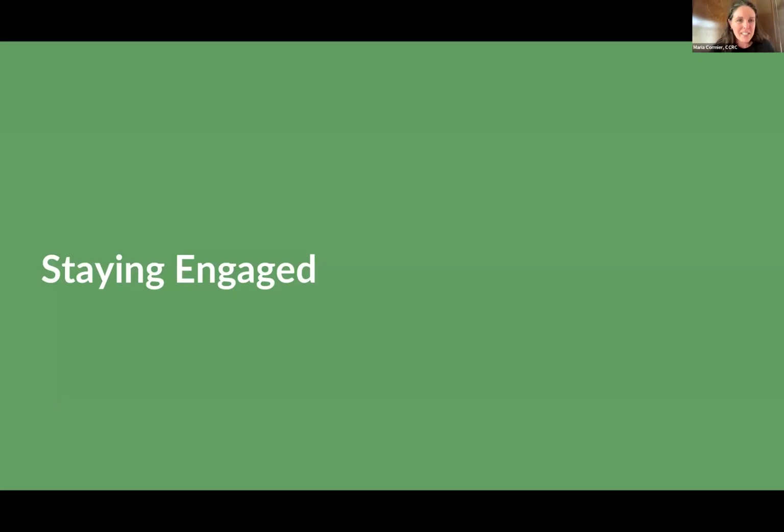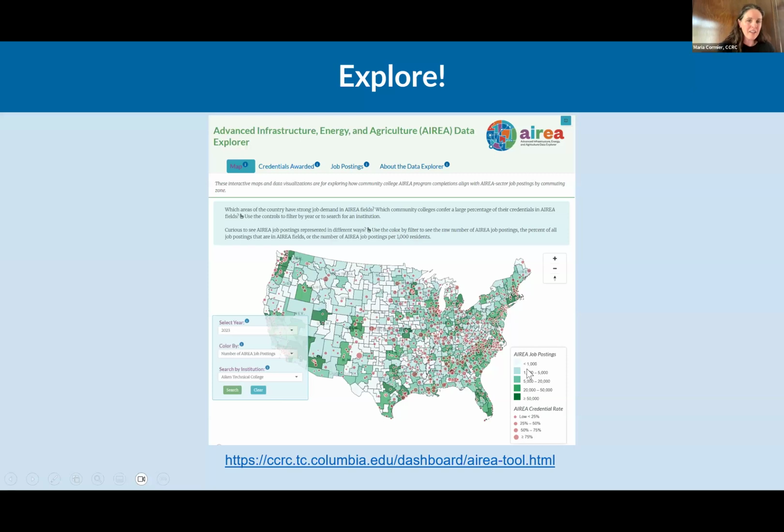All right. So to wrap things up, we wanted to share with you the website in which the Explorer tool is housed, and you can find it at CCRC, our main website. There's a link there. It also exists as an app as well, so you can access it via the website or via the app.